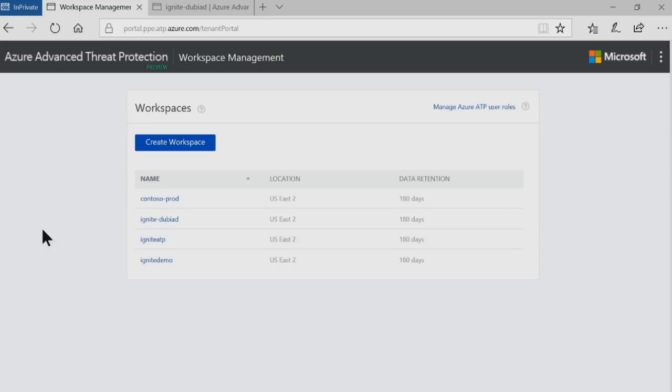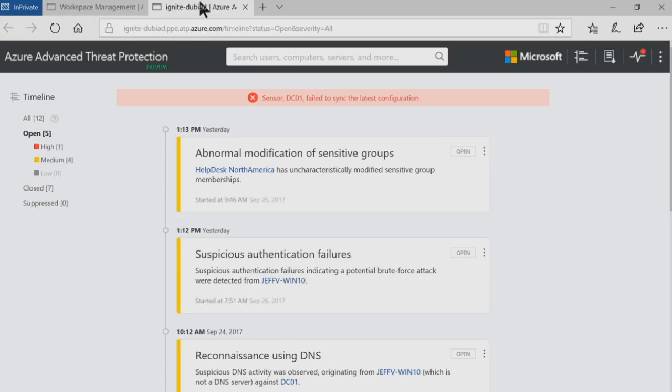So you can see here that I have this new page called Workspace Management. For Azure ATP, we'll have this concept of workspaces. And you can think of a workspace roughly as an ATA center, as an ATA deployment. So like you need an ATA center for any Active Directory forest, you'll need a workspace for any Active Directory forest you'll have. And once I create my workspace, I can just browse the specific workspace, and you can see that it looks pretty much the same as ATA looks today. So if you're familiar with ATA, you should be pretty much familiar with Azure ATP as well.